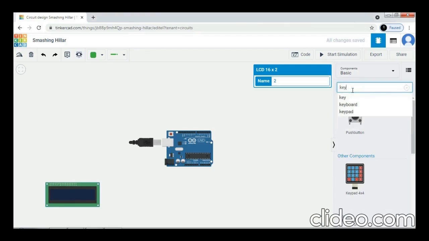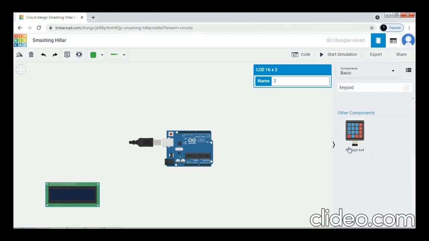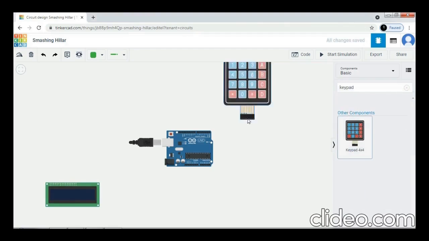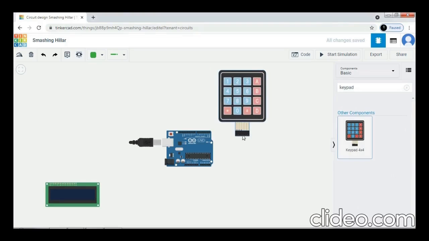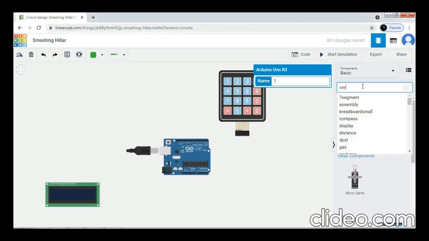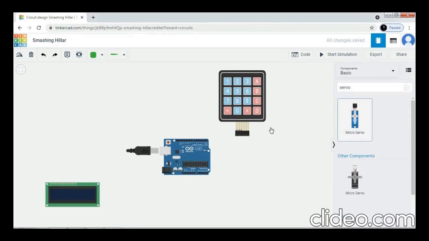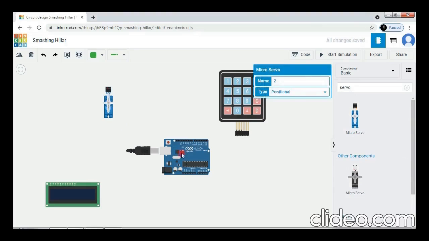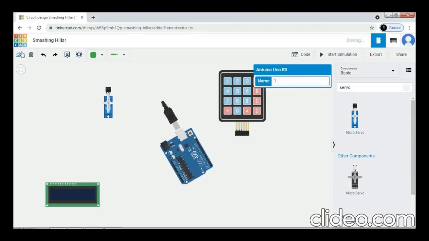Now we take a keypad, 4x4 matrix, and at last we take the servo motor. Now we have to adjust all the components for the connection.